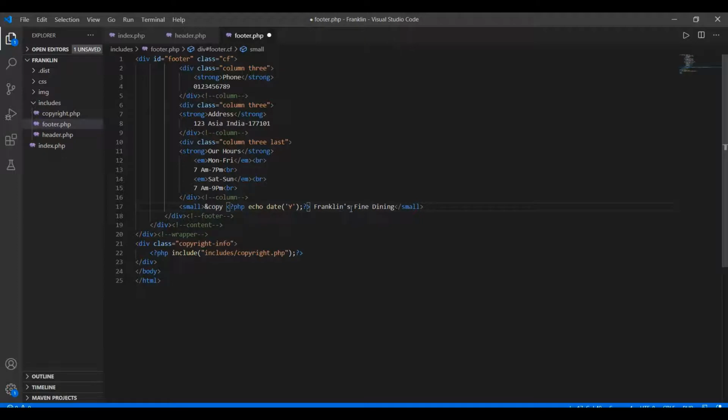Then we want the company name to be displayed here, and I want to give a link to the home page of this. So I'm using an anchor element and making a link with href.